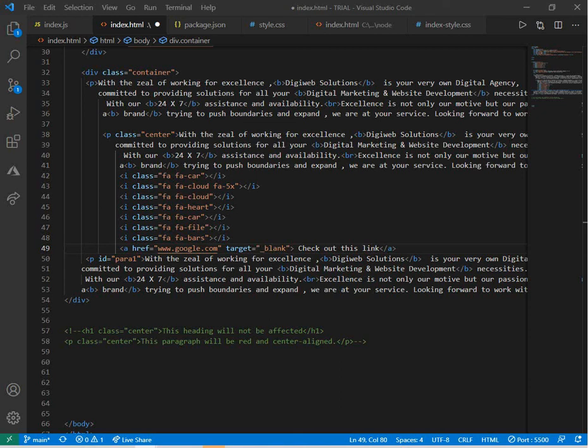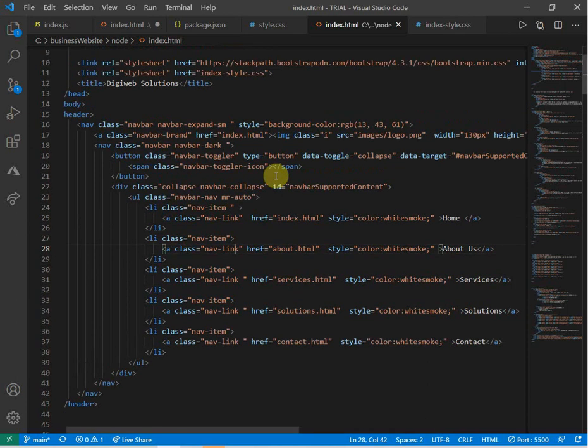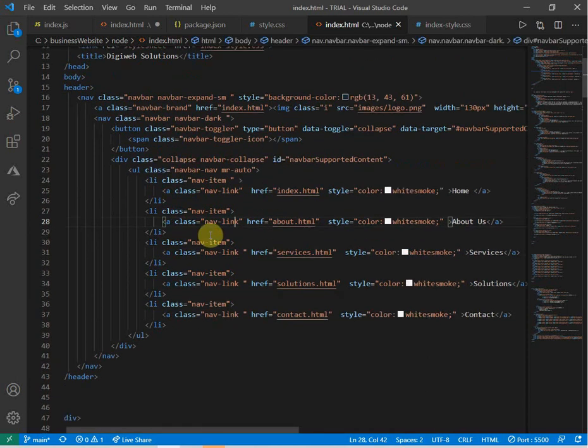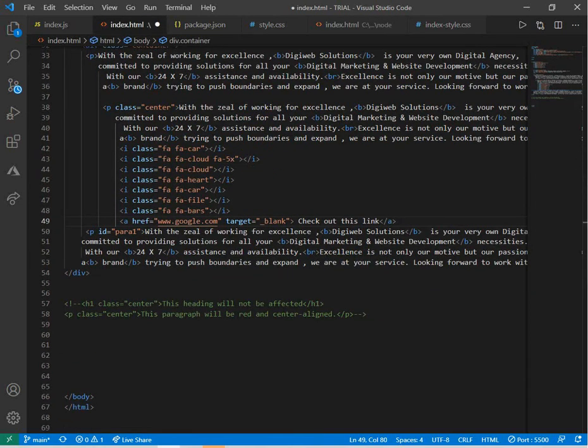Okay, so I guess you all know about tables, so let's just check the navigation bar only. You use lists in a navigation bar. I guess some of you had not joined earlier. I was just trying to show somebody how I have used the navigation bar and how I use links. This is the index page from one of my projects, and what we do here is we use an unordered list and list items here. This is the navigation bar we get from Bootstrap, but we want to create a basic navigation bar. So what we will do is